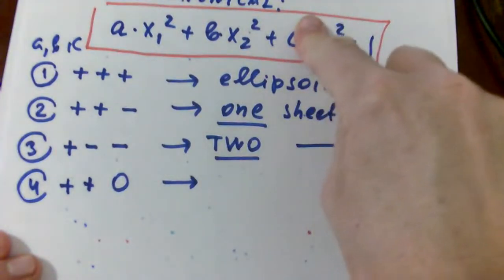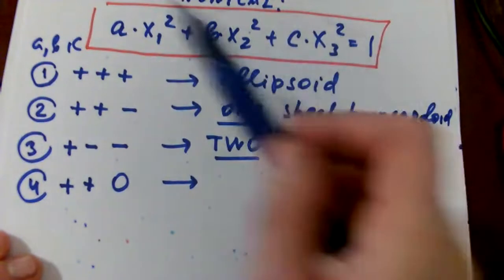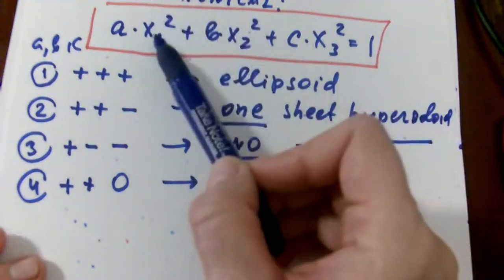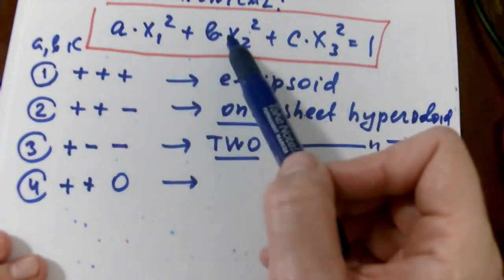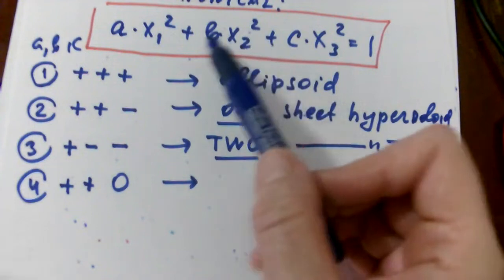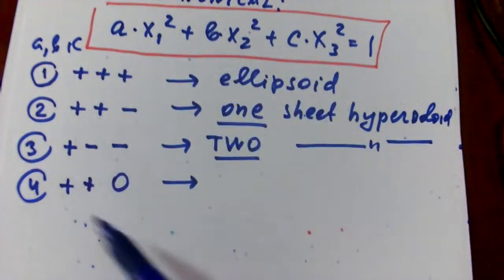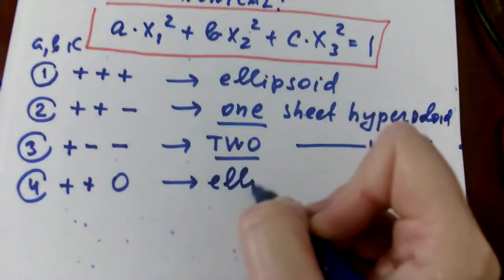For example, let's imagine that we don't have this term here at all. You might get the impression that you are dealing with a curve rather than a surface, because you do have only two variables. But in this case, read the assignment to your task very carefully. If they claim that you are dealing with the surface, it means that you are dealing with this case, not the curve. Okay, so it means that it will be an ellipsoid,